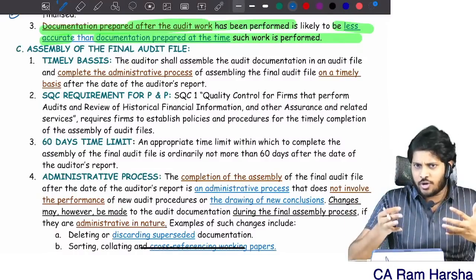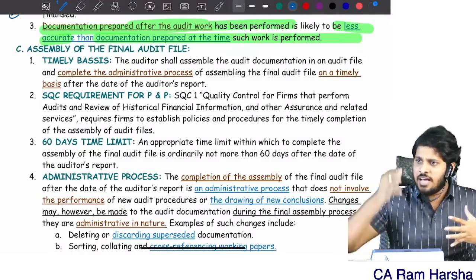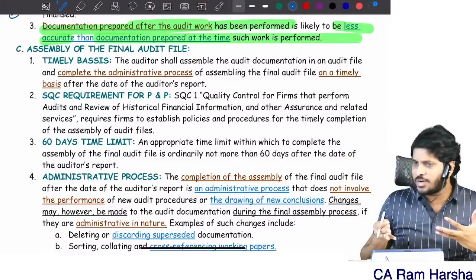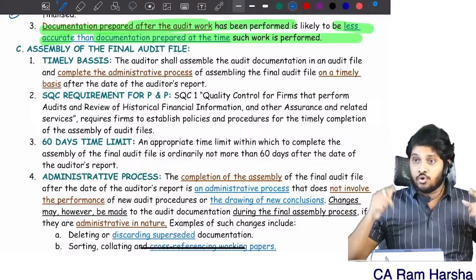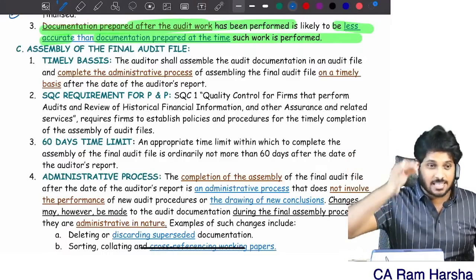Whatever purchases work you are doing, at the time itself you are gathering all the documentation. Whenever you are doing sales audit, you are gathering the entire documentation at that time itself. Whatever works you are doing, your team member is doing. As a partner, you told your team members, please document as and when that work is completed, and they are